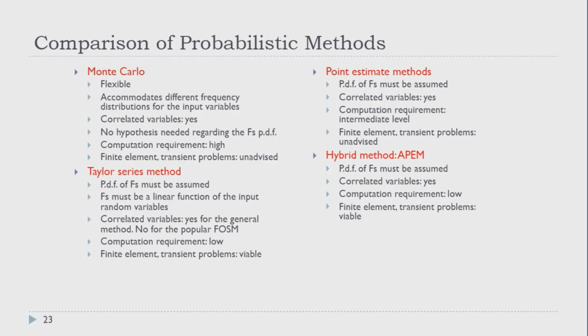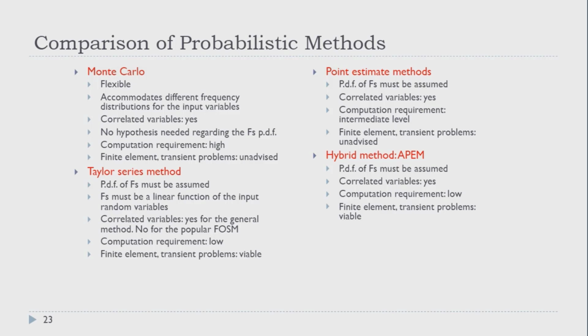This is not advisable. The Taylor series method requires an assumption for the PDF of the factor of safety. The factor of safety must be a linear function of the input random variables for our approximation of the derivatives. We can consider correlated variables in a more general Taylor series method, not in the popular FOSM method. The computation requirement is very low, of course, and so this is a very viable option for finite element and